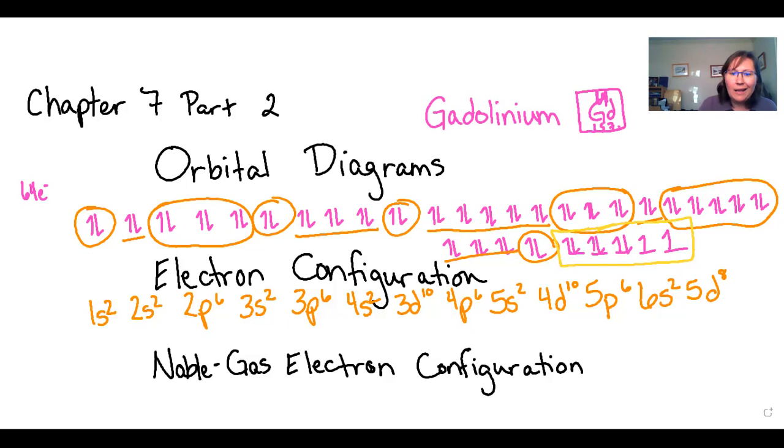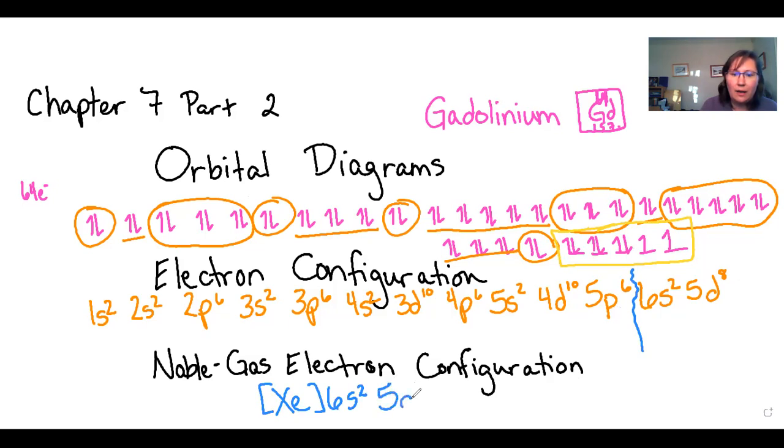Okay. And now we say, well, what's my noble gas electron configuration here? So here's my orbital diagram. Here's my electron configuration. In order to find my noble gas electron configuration, I come to the last p6. And 5p6 will be xenon. So for my noble gas electron configuration, I would say, okay, here I have xenon, and then everything after this,